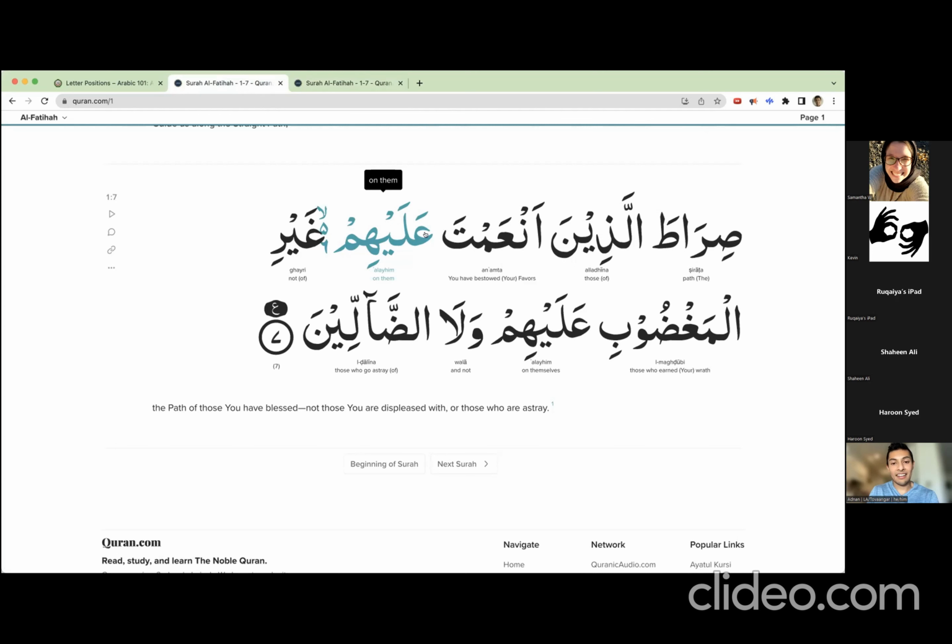Ain. Ain. So this is the ain. We've seen the ain before within a word, in the midst of a word, and it's like this little loop here. But at the beginning, it has this kind of side. So it looks kind of different, but it is the same letter. So this is ain. A, lam, a, alai,